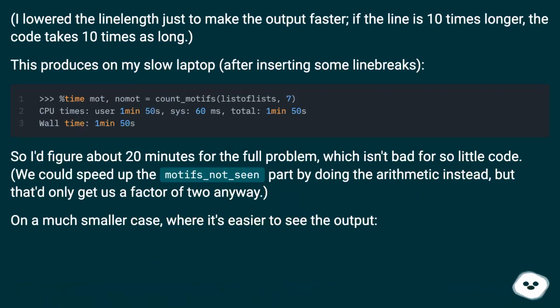I lowered the line length just to make the output faster. If the line is 10 times longer, the code takes 10 times as long. This produces the following on my slow laptop, after inserting some line breaks. So I'd figure about 20 minutes for the full problem, which isn't bad for so little code. We could speed up the motifs_not_seen part by doing the arithmetic instead, but that would only get us a factor of 2 anyway. On a much smaller case, where it's easier to see the output,